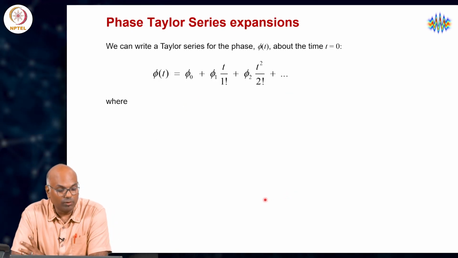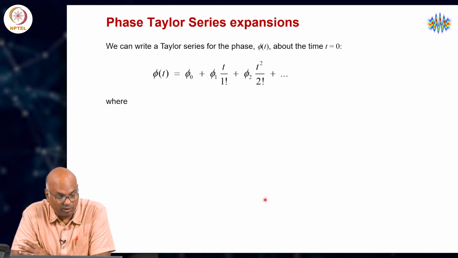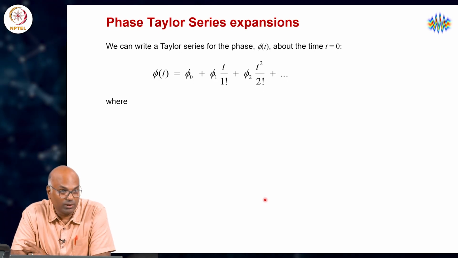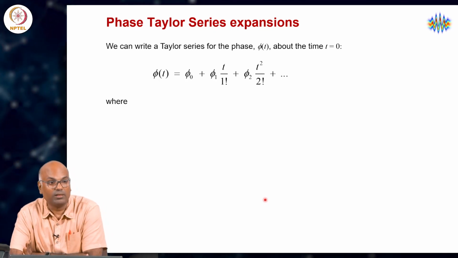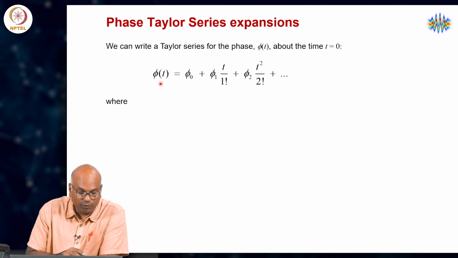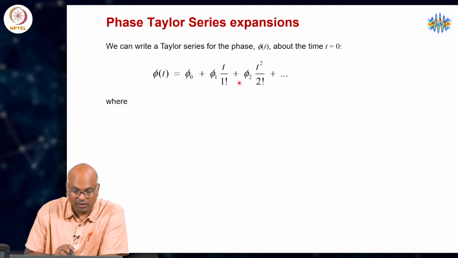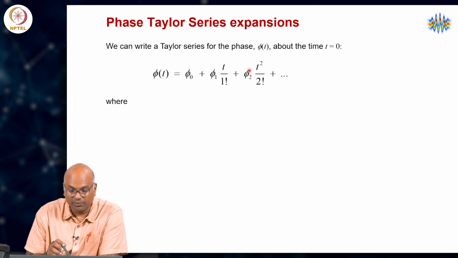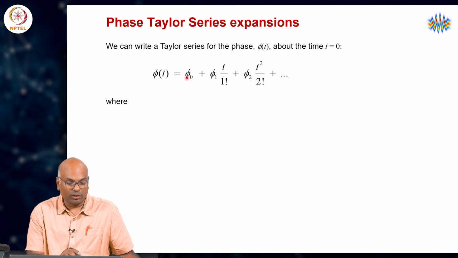But then, although we have used liberally the concept of a spectral or a temporal phase function phi of t, the fact remains that until you measure this, you do not know this. So, while the formulation rests on its existence and our ability to measure this directly or indirectly, we must have this in the sense of a Taylor series which expands this out in terms of successive terms of diminishing strength in a converging series, where the zeroth order term is phi naught,